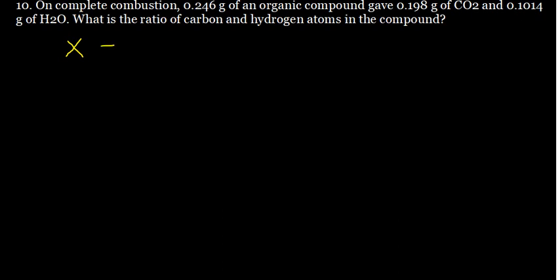Now, complete combustion is simply reacting something in oxygen, or burning something in oxygen. What you always form is carbon dioxide and water in complete combustion. So if this was incomplete combustion, we would have formed carbon monoxide and water. Right. So what we were burning, we had